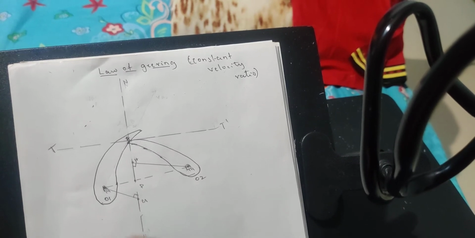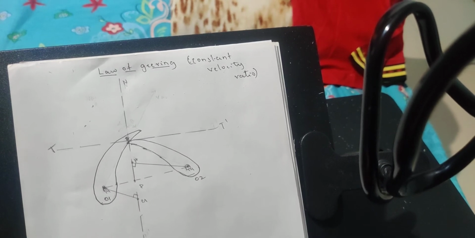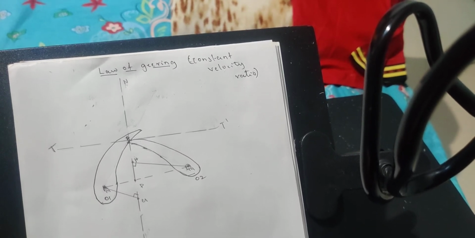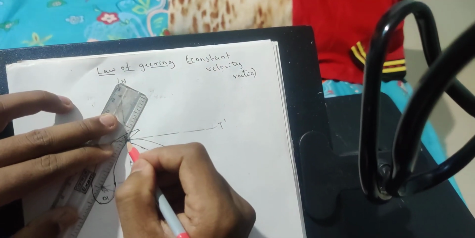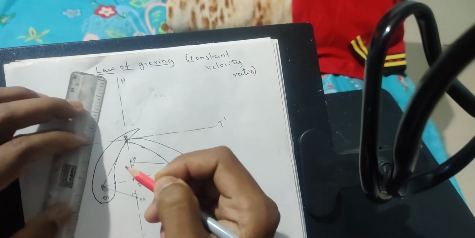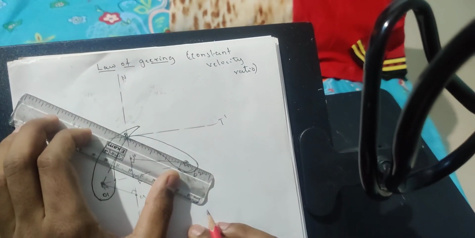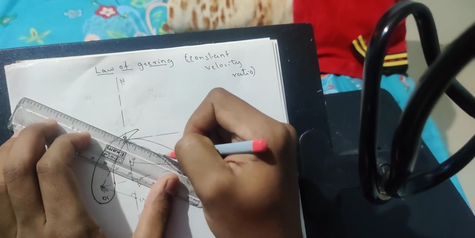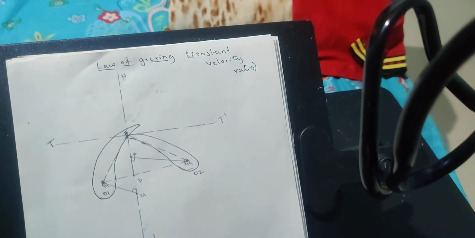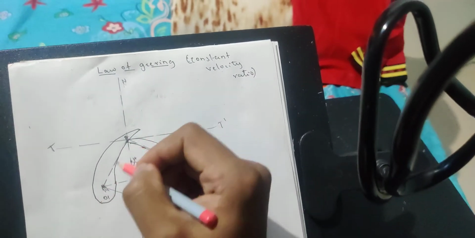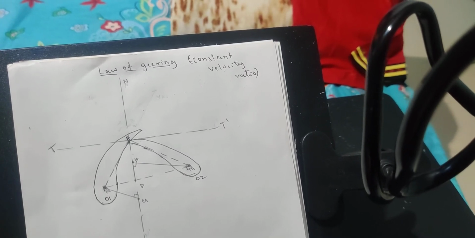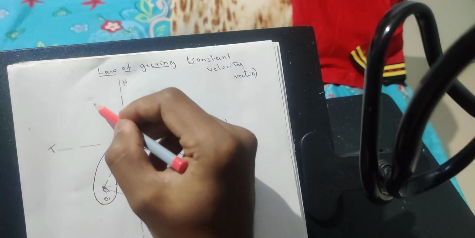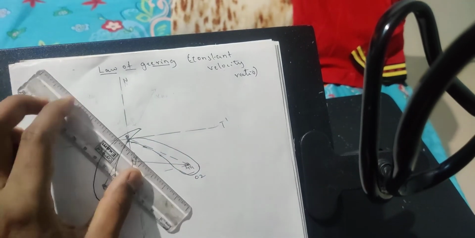Now when motion happens, there will always be a velocity component generated, and the velocity will be with respect to the link position. If I join this point with the centers, this is the link radius, or the radius of rotation which will take place. When I find the velocity of this point, the velocity will always be perpendicular to this link length.